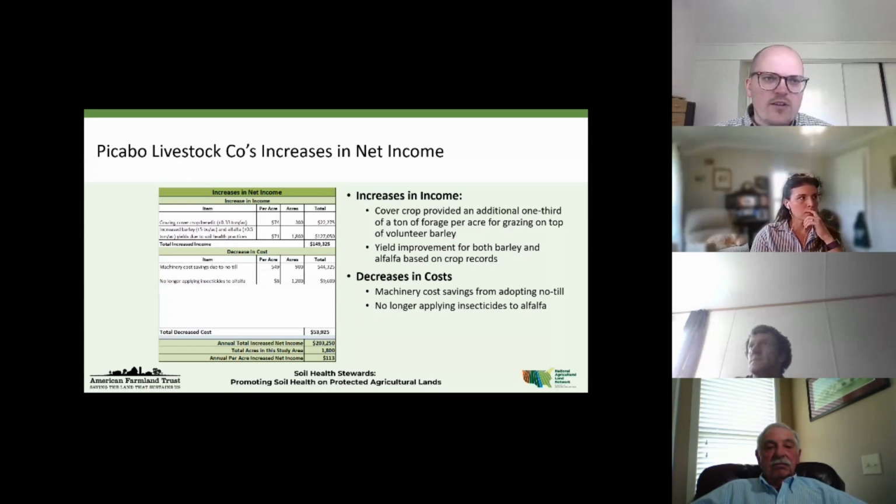They also saw increases to their barley and alfalfa from the soil health practices, and that's what they directly attribute to the soil health practices. They've seen other increases that they attribute to other things. They've also seen decreased machinery costs from switching to no-till, and they're no longer